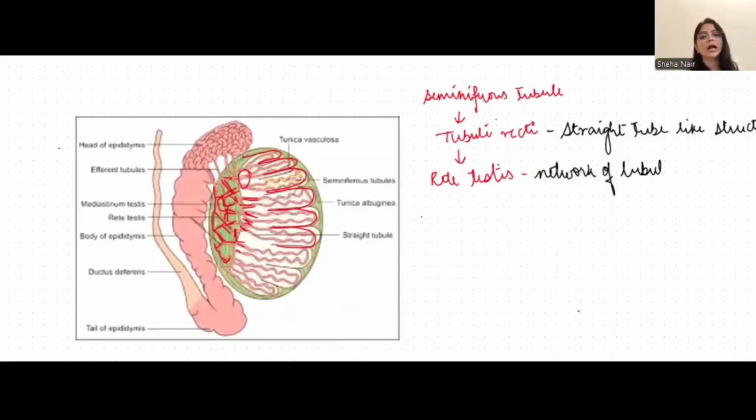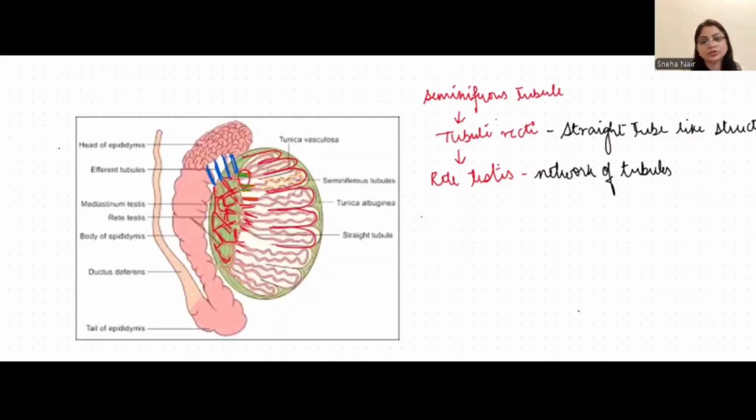All right. After the rete testis, we can see one more type of tubule here. You can see some straight tubes over here. These are called vasa efferentia. So the sperm will first move from the seminiferous tubule to this tubuli recti. This part is tubuli recti. I will mark it with some other color. Let us take green color. So these are tubuli recti,